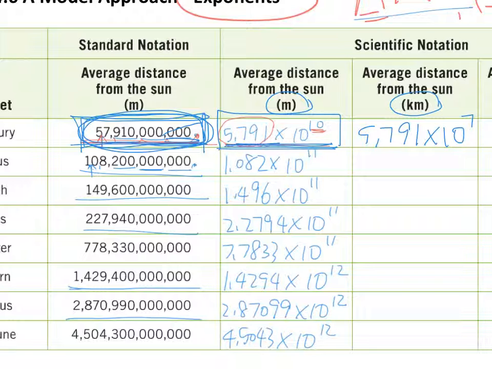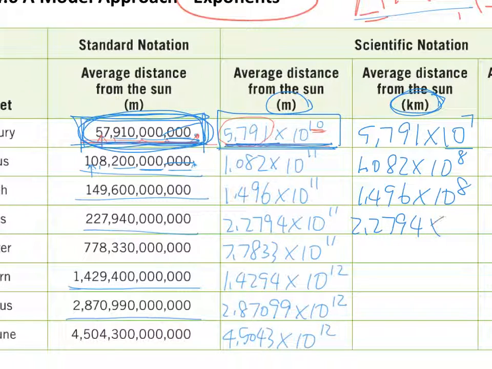So the scientific notation in kilometer is going to be 5.791 times 10 to the 7th power. And the next one is very similar. A won't change. 1.082 times 10 to the 8th, because we'll be losing 3 zeros when you divide it by 1,000. And the next one is going to be 1.496 times 10 to the 8th, and 2.2794 times 10 to the 8th, and